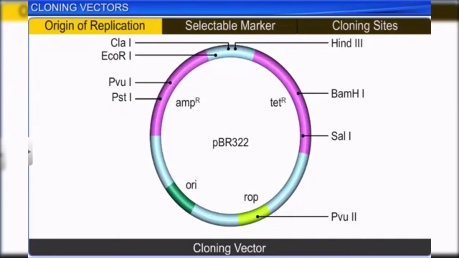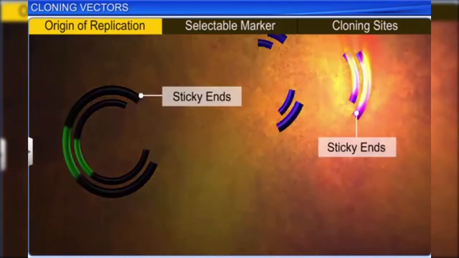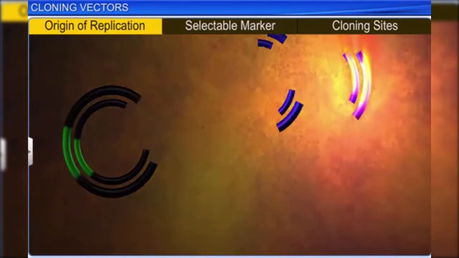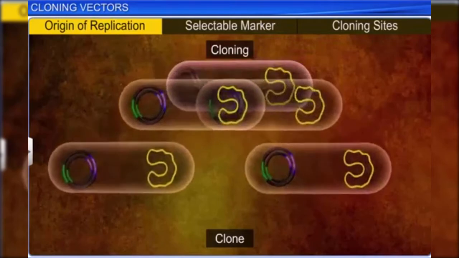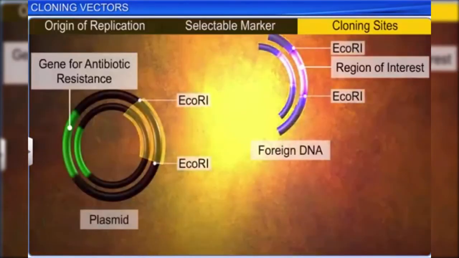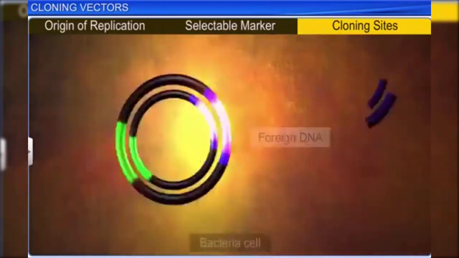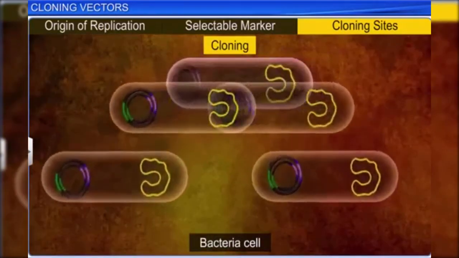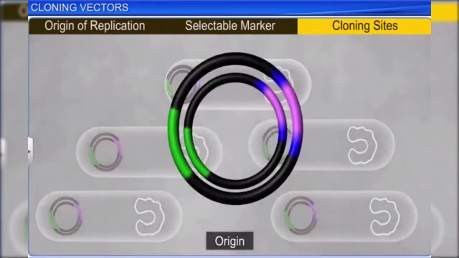The origin of replication, or ORI, is a sequence of DNA at which replication gets initiated in a plasmid. When a DNA piece is linked to this sequence, it can be made to replicate within the host cells. This sequence also controls the copy number of the linked DNA. Therefore, whenever one has to recover many copies of the target DNA, it should be cloned in a vector whose origin supports a high copy number.